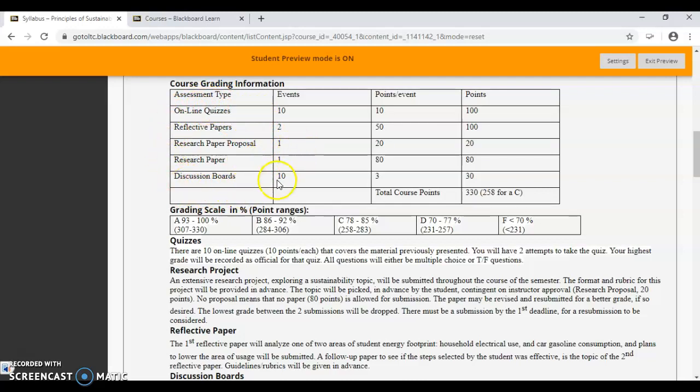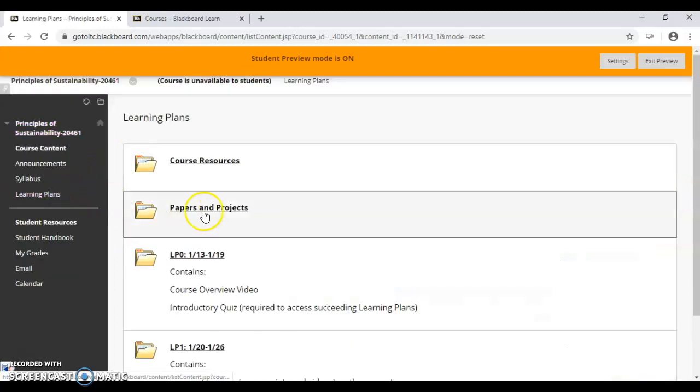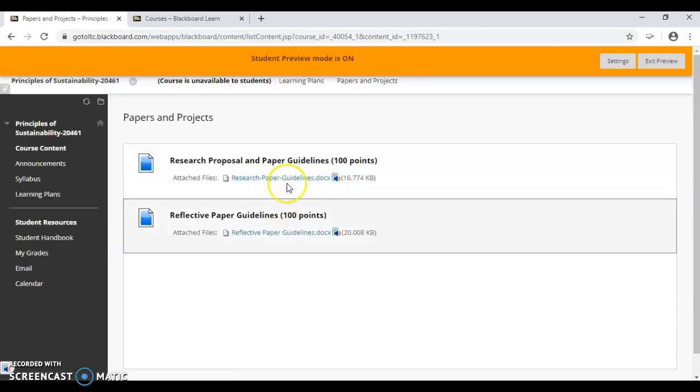The majority of your points, 200 to be exact, comes from papers. 2 reflective papers, 50 points each, that's 100 points. A research paper proposal worth 20 points, and a research paper worth 80 points. Okay, the guidelines for all of these papers, the reflective papers and the research paper, can be found if you click on your learning plans, and under papers and projects there are going to be 2 guidelines, right? So if you want to start writing your papers, you can access these guidelines and start typing up